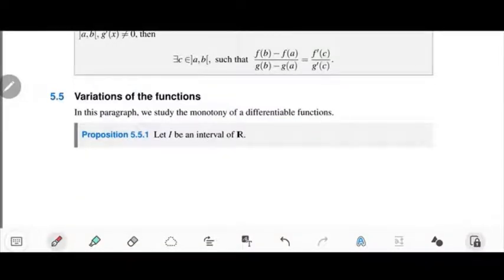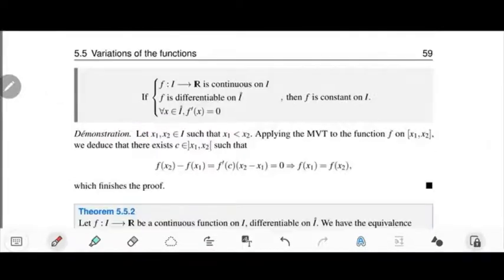Now everything we studied is very useful to study the variations of functions, to see how functions can increase, decrease, or how they can present maximum or minimum points. So let's take the first result. If I is an interval of R, then if f is continuous on I, differentiable on I, and if for all x in the interior of I,